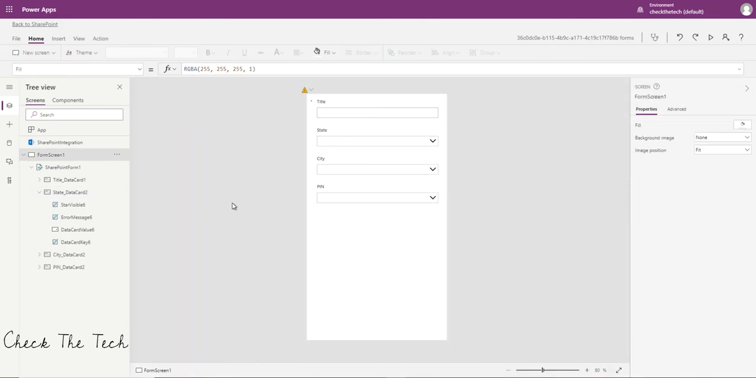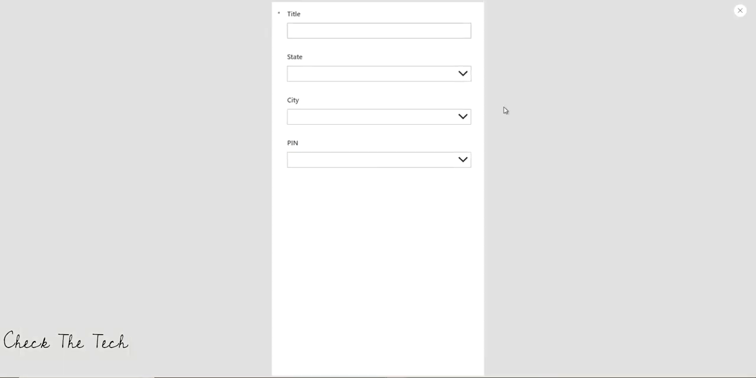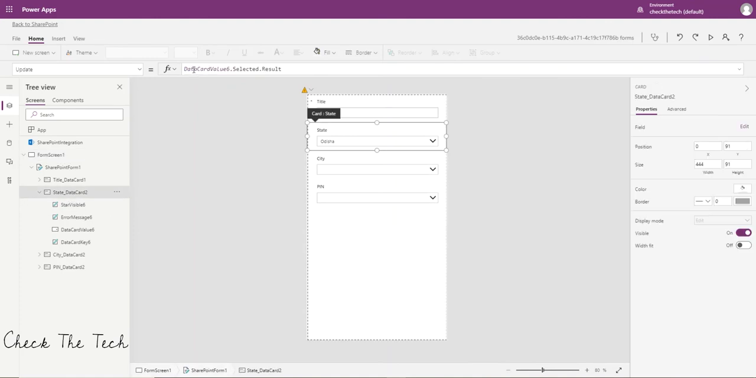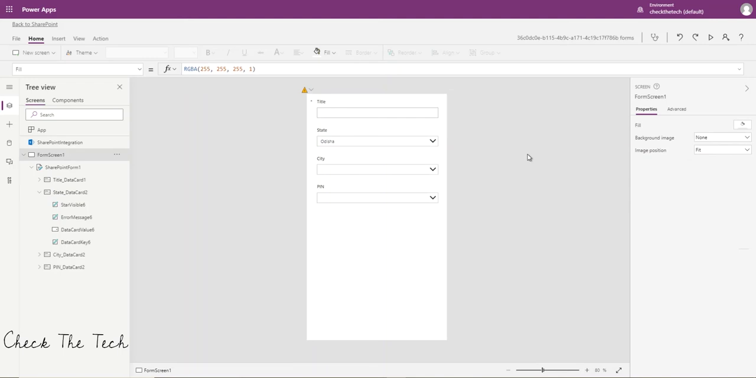So if I play this now, obviously I can't show you the save action here, but what I can show you is the data card value 6.selected.result. If I click on this, it is showing me the state that I just had selected. All right, so now let's move on to the city dropdown,